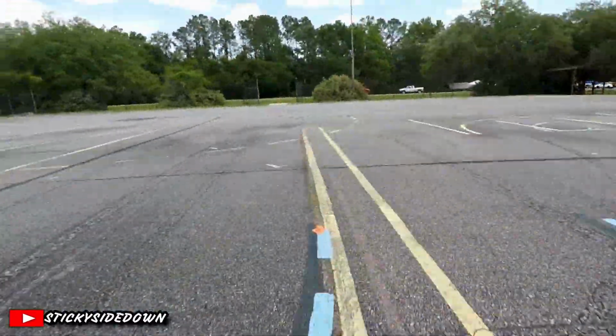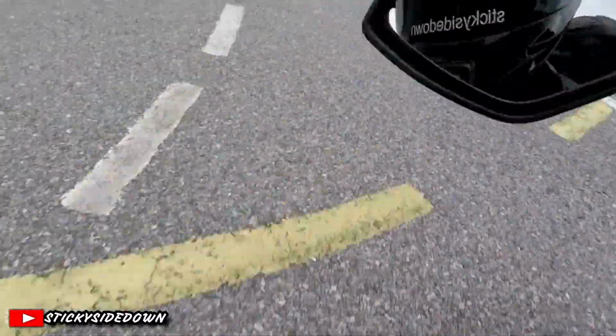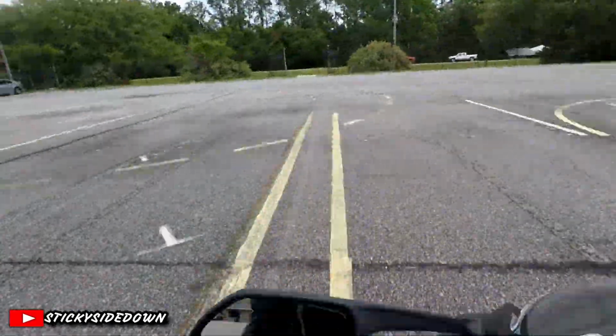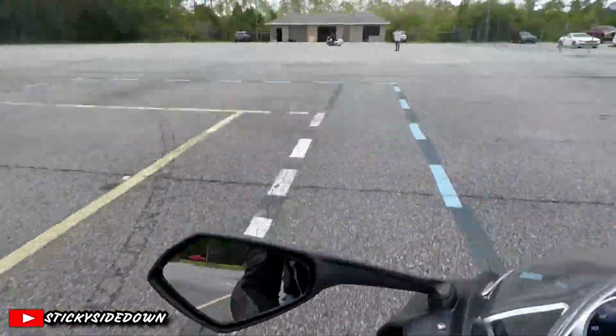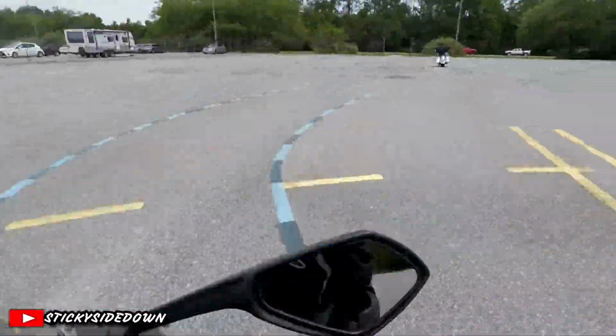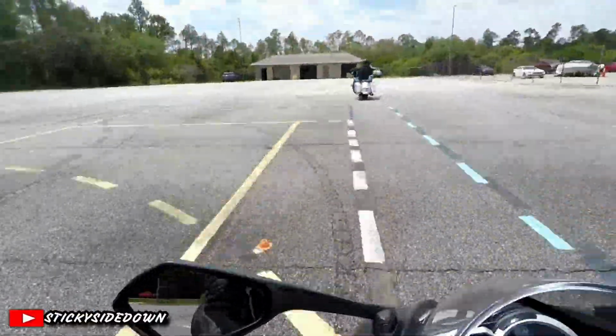Outside to inside to outside. That's all you're doing. And the gentleman on the Harley, they paired us together because he, along with me, was able to get the hang of it really quick. We were the more experienced riders out there on the course, and they put us together so we could just get it done and move on to the next exercise. That's all it is, outside to inside to outside, which is the straightest line in a corner. And I caught up to him